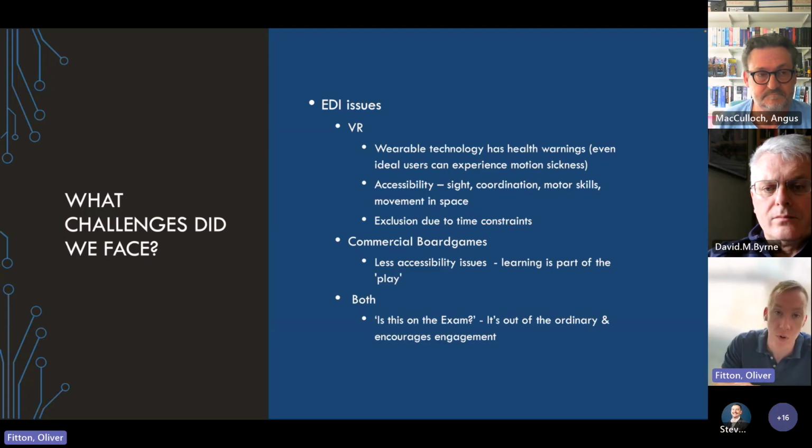So there's all sorts of problems with accessibility there. And then exclusion due to time as well. I could only get 3 people in the class actually to use virtual reality. I got 100% positive feedback. The only improvement that I was asked to make, other than the graphics were a bit rubbish, which is fair